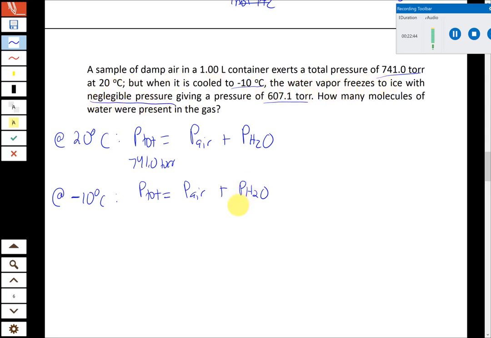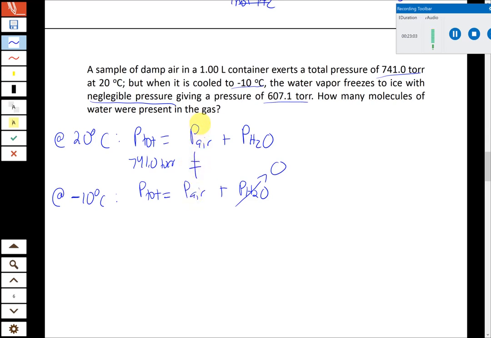So basically the water vapor pressure goes to 0 at minus 10 degrees Celsius. So at minus 10 degrees Celsius, the air pressure is the total pressure. Basically, that's all we have. The problem is, though, that these two are not equal to each other because